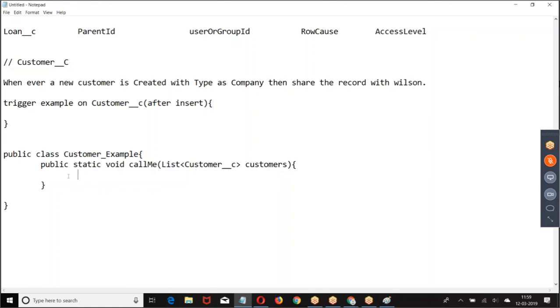Then what we are going to do? Customer share. Take one by one customer.